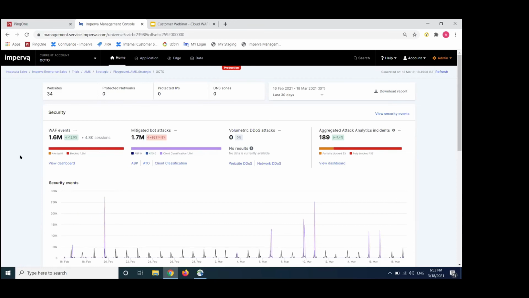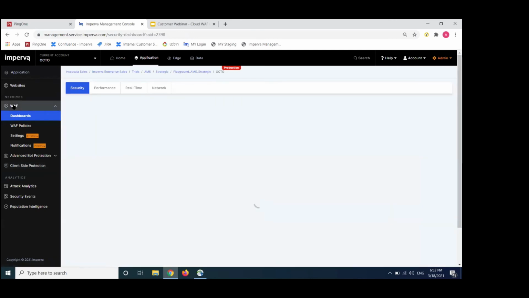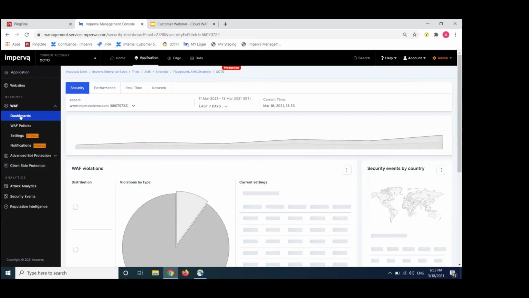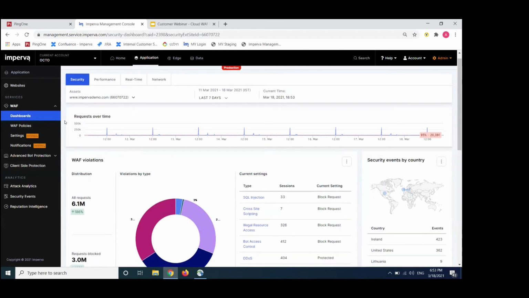So we now covered the home and the account level dashboards, and now I want to go one level deeper to the service level dashboard. So I'm going to click on View Dashboard under WAF Events, and as you can see, this takes me under Application Security to WAF, and under WAF, it takes me to dashboards. These are the new dashboards of Cloud WAF. What we can see here